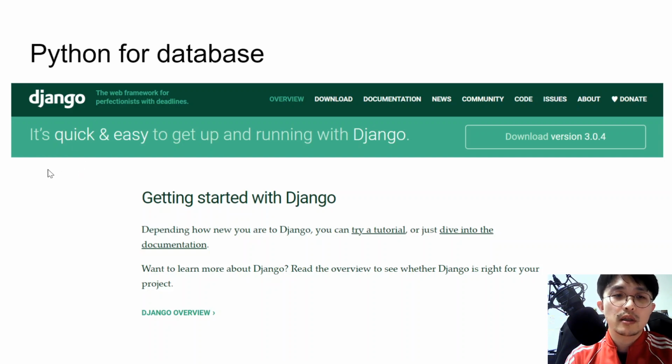But if you understand Django, then you don't need to study each type of database, because Django supports the usage of each database. So if you understand Django, then you can use many databases with Django, and it also supports you in building your own URL, your own view, and your own template for your web page. So this is really good for building a web-based database based on your own